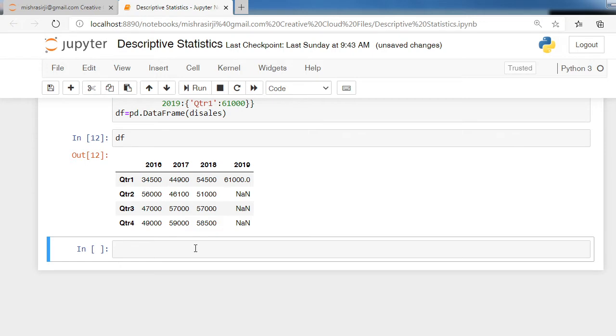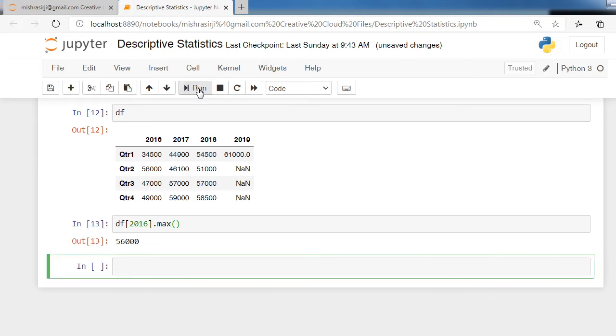If you want to know the maximum value of column 2016, you have to write df, name of data frame, in square bracket, name of that column, dot max, because we want to know the maximum value of this column.